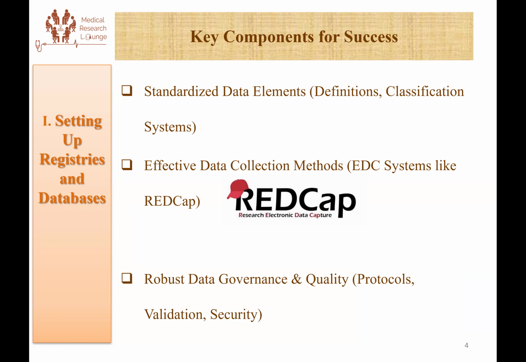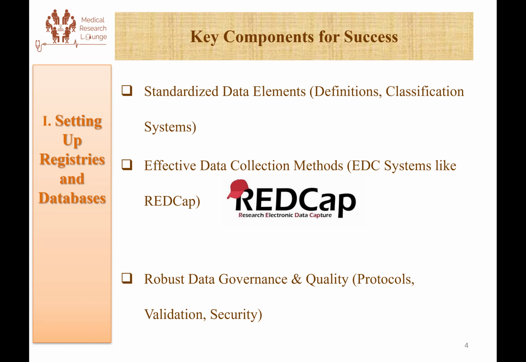So building a successful registry is not just about collecting data. It's about collecting good quality data. I think the first presenter was addressing these points while I joined. I think you already have the base that good quality data is very important. So this starts with designing standardized data elements. This means everyone collecting data must use the exact same definition for every variable. For example, if you're tracking postoperative complications, define precisely what constitutes a surgical site infection or a new neurological deficit. So consistency is very, very important.